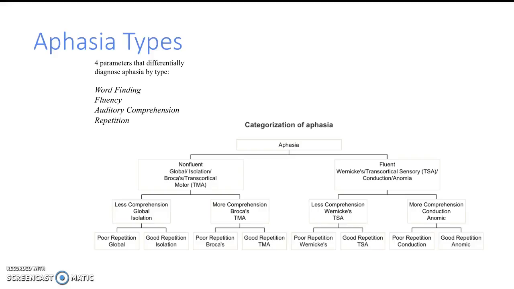Within the literature, you're going to read articles where it's discussed that the people within this study had transcortical motor or transcortical sensory or mixed transcortical aphasia. And therefore, it's going to be important that you understand whether or not the people who are represented in the study are similar to the person that you're seeing at this particular time.